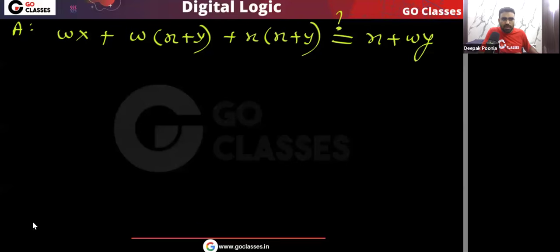Okay. Actually, here you can simply apply the simplification rule if you want. That is actually much easier. But if you want, you can apply the by case method also. So let's see by the method 1. Method 1 is by case method.